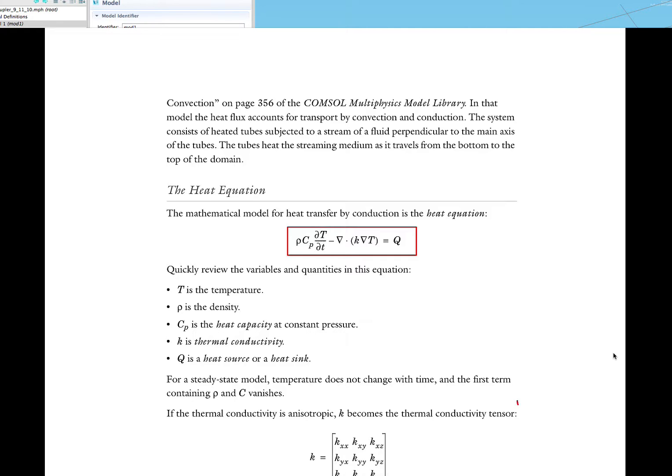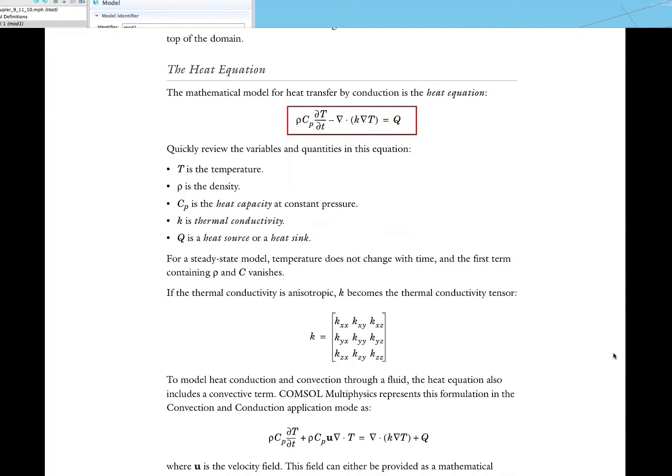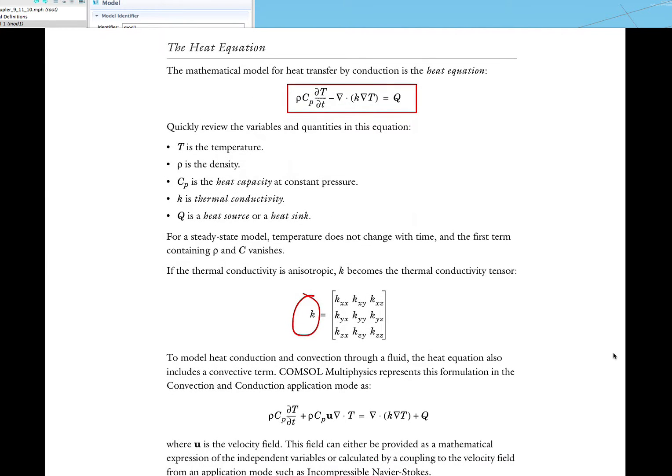COMSOL now has the ability to even include K as a tensor if we have anisotropic heat conduction. And therefore, we can write this equation in a slightly different form,